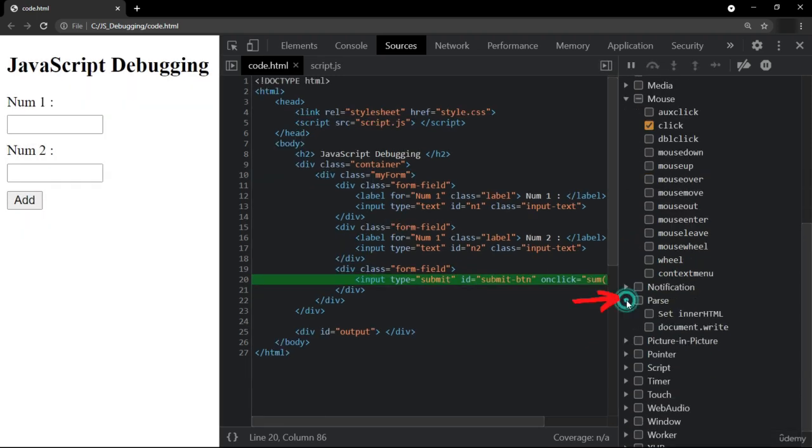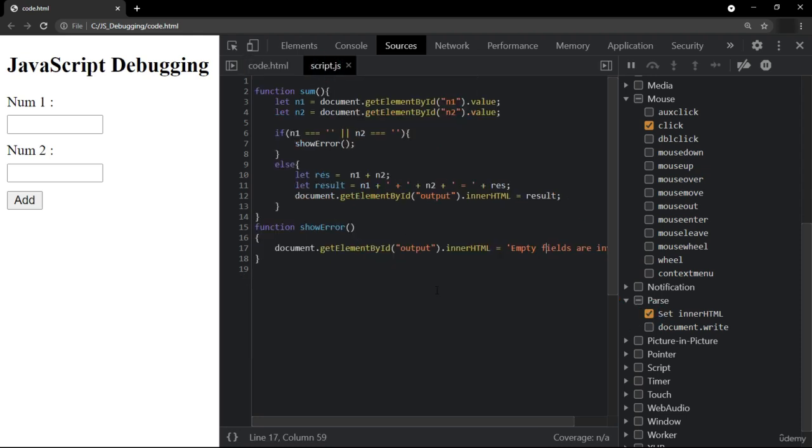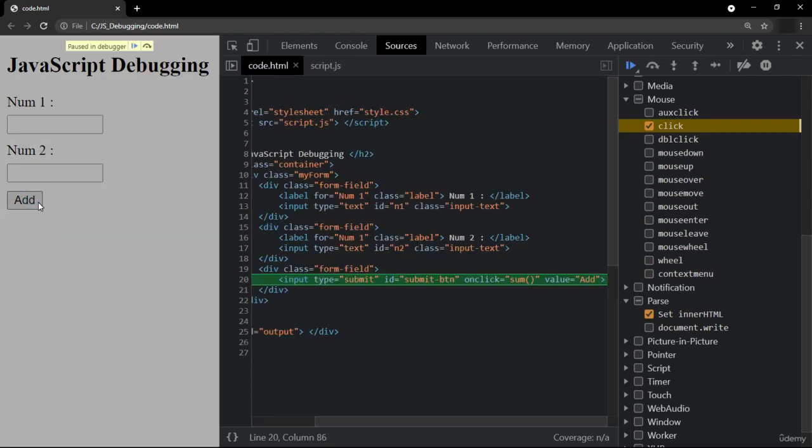Expand this parse event listener option and select this set innerHTML option under it. This will pause when it finds innerHTML used. When I click on the button, it will pause on the click event as it is the first breakpoint, and